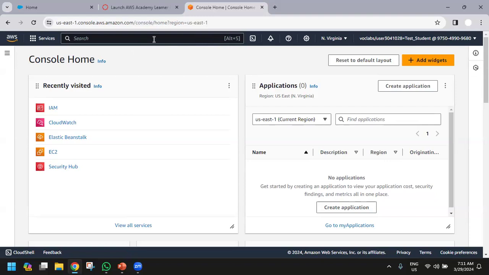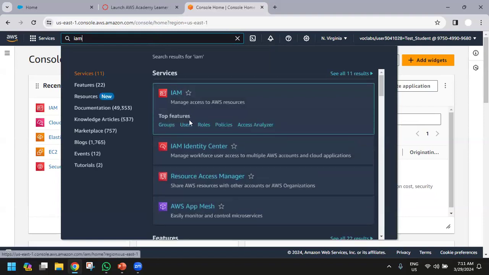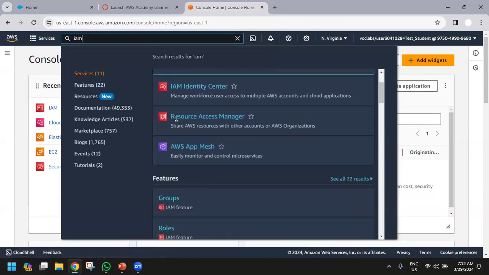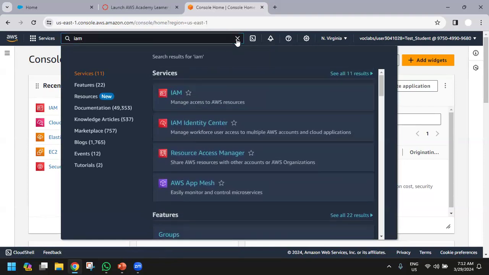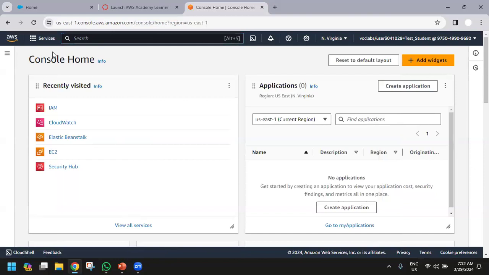Then there is this search box. This search box is very useful because there are a lot of services offered through Amazon, and we don't know how to navigate to them. So for that we can search directly from here. If I say IAM, it will show me different options of IAM. We can even go to submenus, like if I want to set up the role, user, policies, that can be done. These are the services which we want to purchase from Amazon.